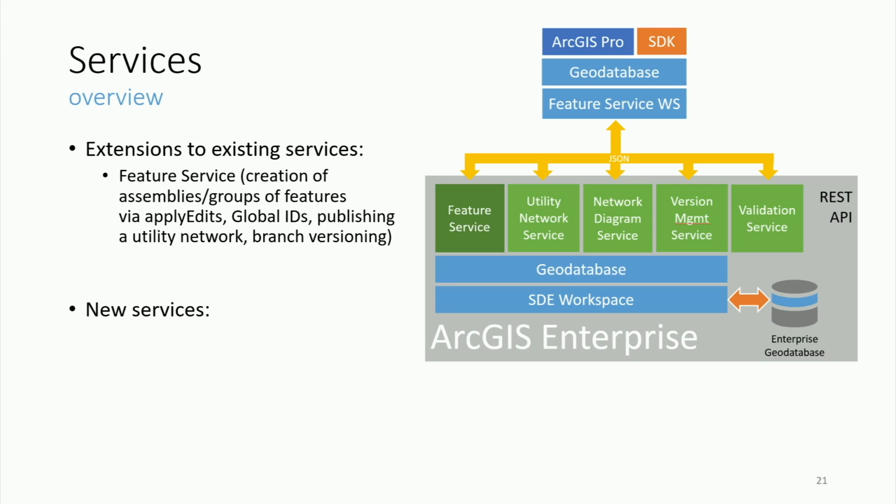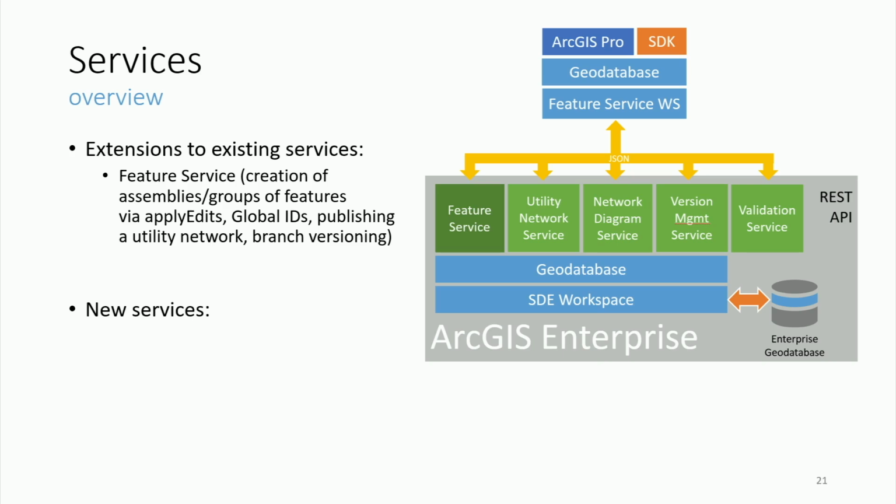Let me talk about this slide a little bit, and then jump to the demo, because the demo, coincidentally, is all about services. So what we're looking at here is the diagram of most of our capabilities at the server side. So we're looking at the diagram of ArcGIS Enterprise, with the feature service being the major one, and utility network service is another component. There's another capability diagram. Version management service, that's the one we're going to explore, that green box to the right, second from the right,